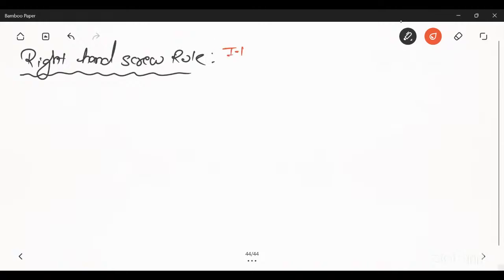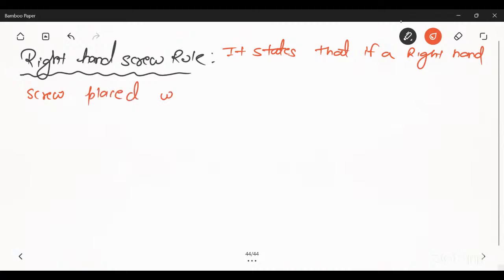It states that if a right hand screw is placed with its axis perpendicular to the plane of vectors A and B,